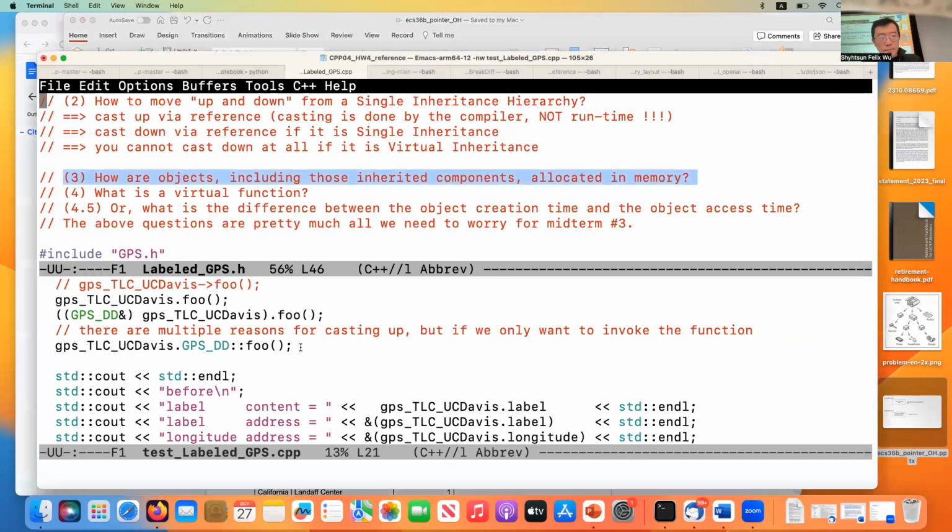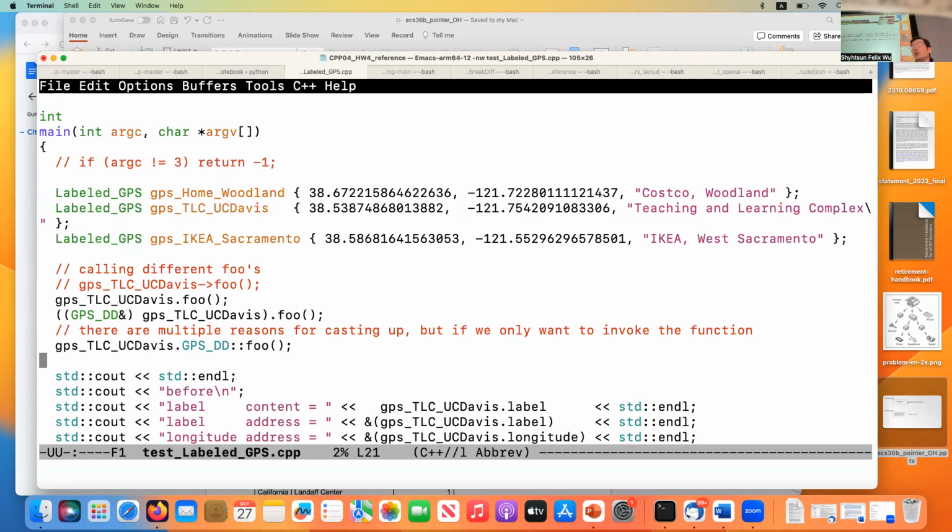Okay, so now let's take a look. How do we try to understand where this object is allocated? Obviously the allocation of the address is an important thing for us to consider. So how do I really figure that out? Let me show you with programming.